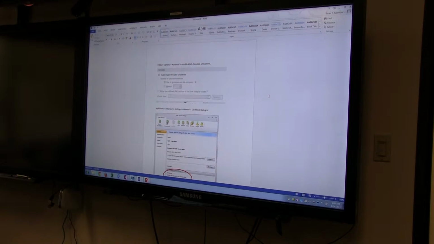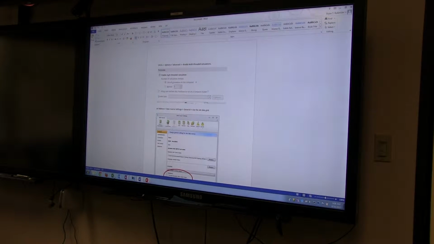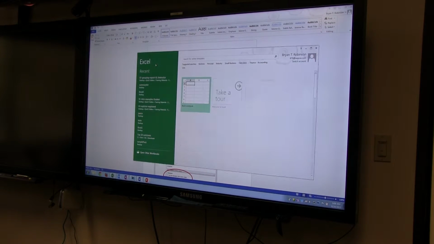But what we're going to want to do just for today, while we're using our local database, is go into Excel and go into our options, into the advanced, and we're going to scroll down until we find this formulas, and we're going to disable the multi-threaded calculation if it's currently being used. So that's, if we open up Excel,